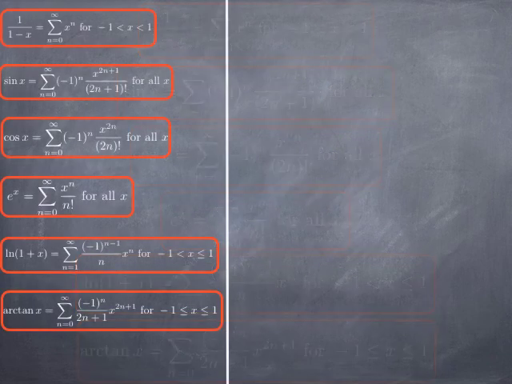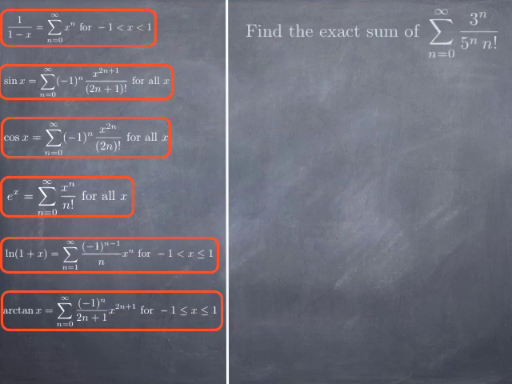So if we keep this in mind and we are looking for the exact sum of a particular series, if we're not looking for just a justification of convergence but the actual sum, the exact sum, then maybe we can find that by matching the numerical series with a specific value of a function for which we have a power series representation. So for instance, for this series from 0 to infinity of 3 to the n over 5 to